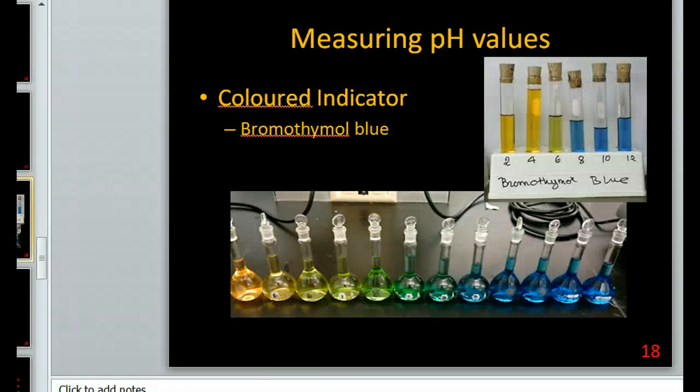And the last one is this thing called your Bromothymol Blue. You can see that it has a very nice color range. Orange all the way to green, all the way to blue. Obviously, in a lab, most of the time you definitely wouldn't see such nice colors because all of this, the solution